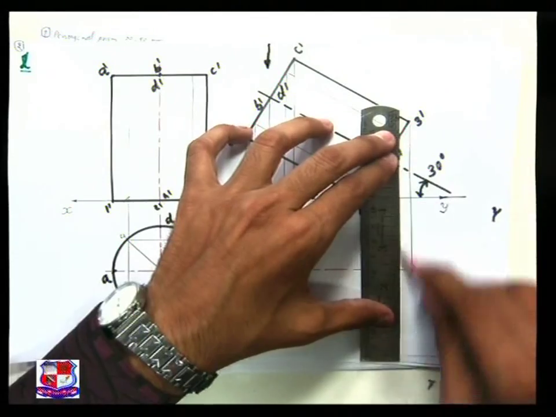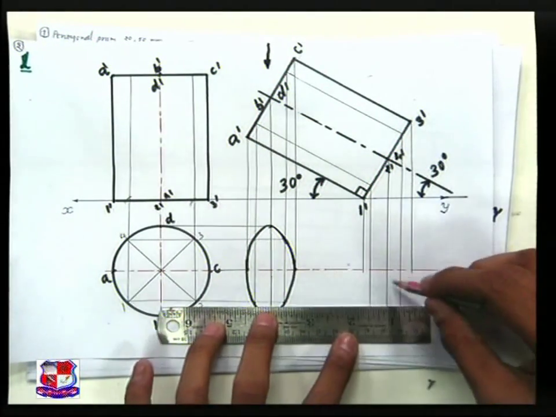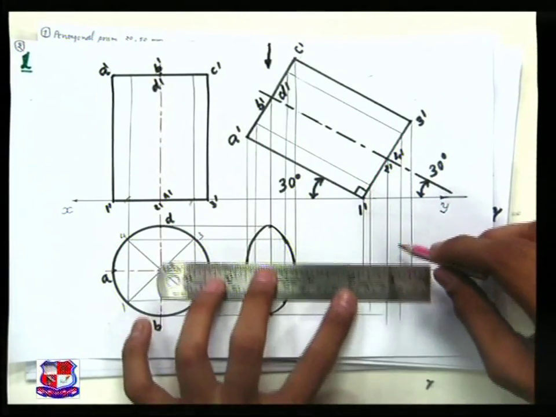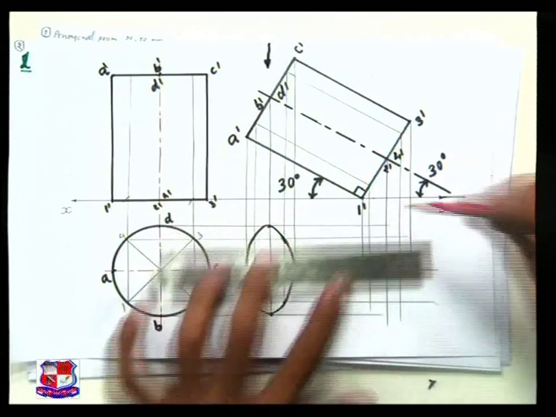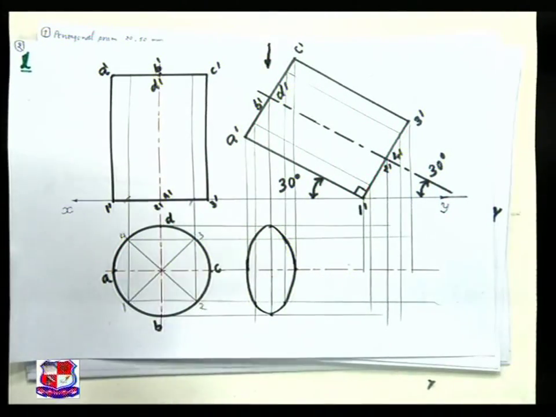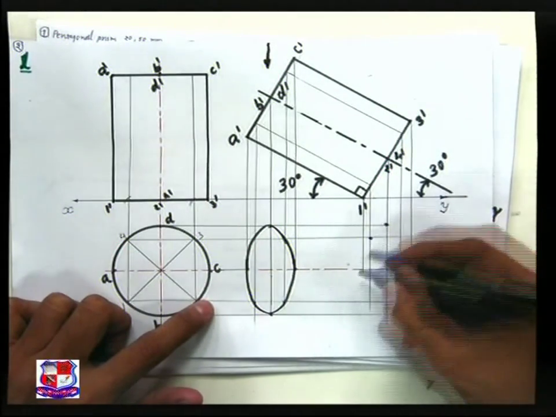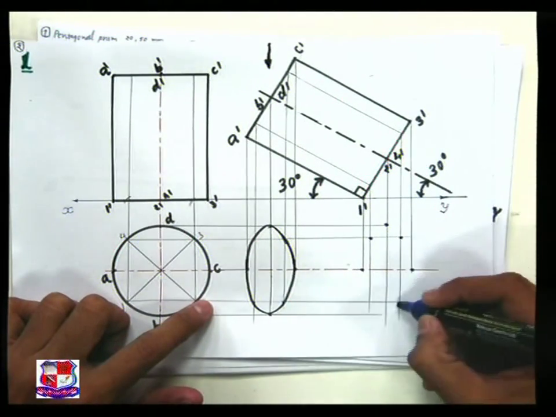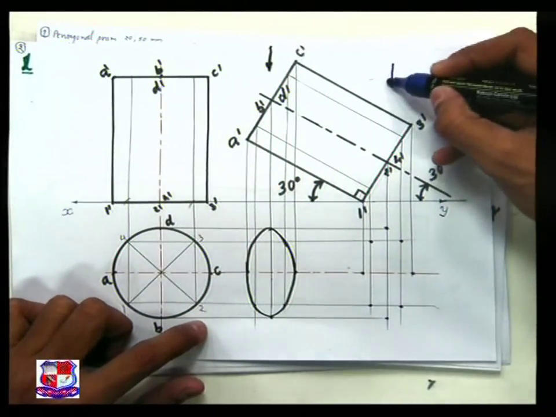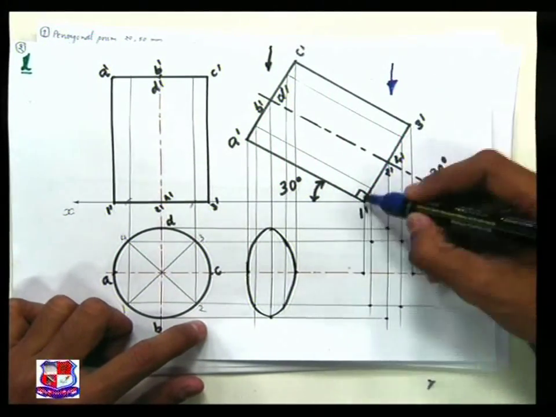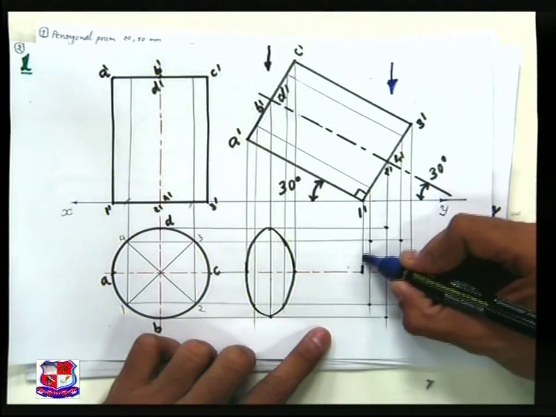Similar steps which we have adapted over here should be taken over here. Draw vertical lines from front view, horizontal lines from top view, and we can pick up various points. And these are the points, say 1, 2, 3, 4, 5, 6, 7 and 8. And if you look from here, from top, this circular base will not be visible, hence this internal portion